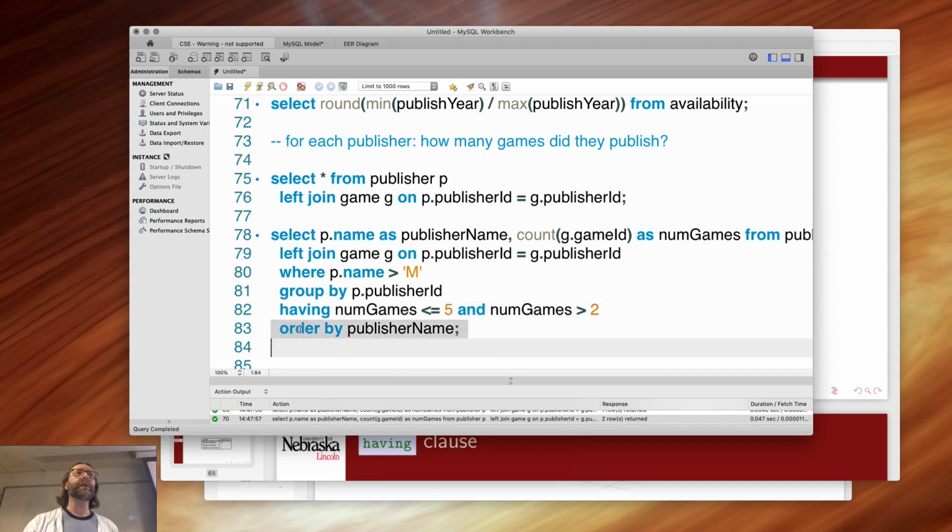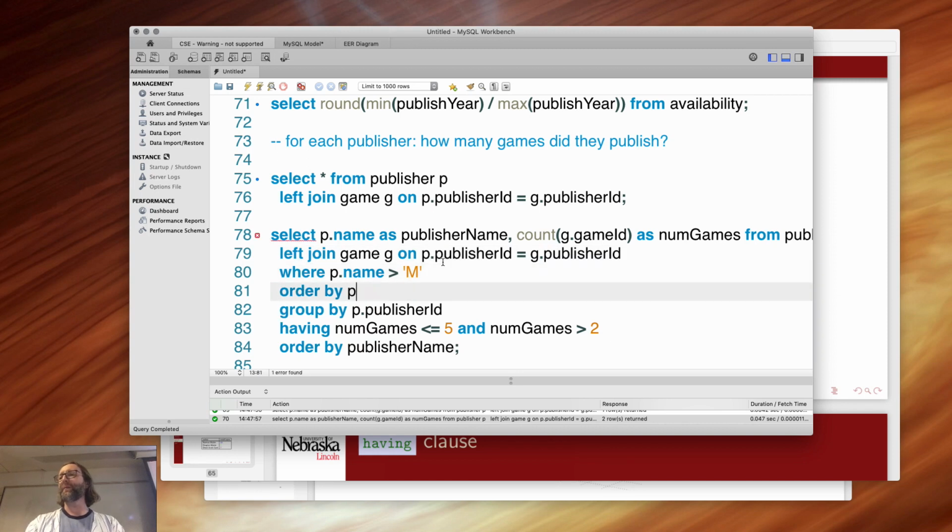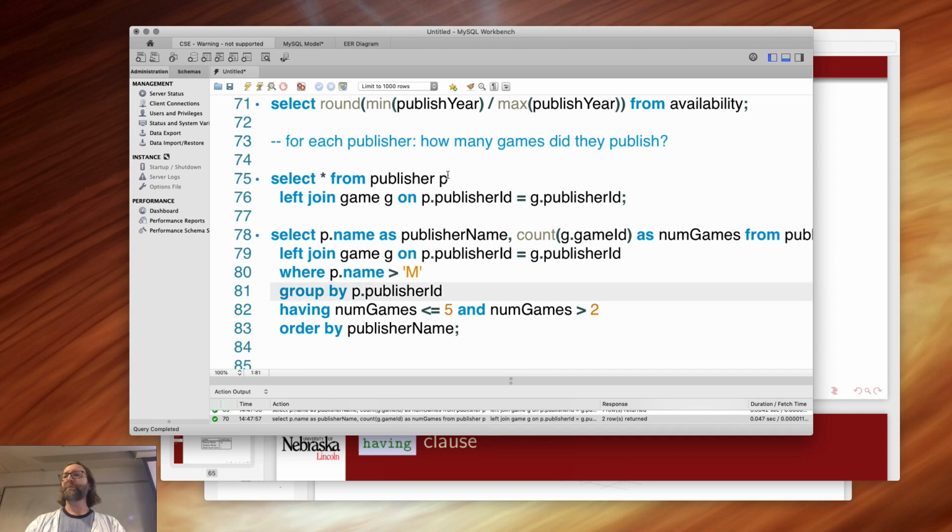And of course, ordering only makes sense at the very end once you're done manipulating and changing the data. You can't order by p.name up here. Right? That doesn't make any sense because ordering is the last thing you do. But there is a nice